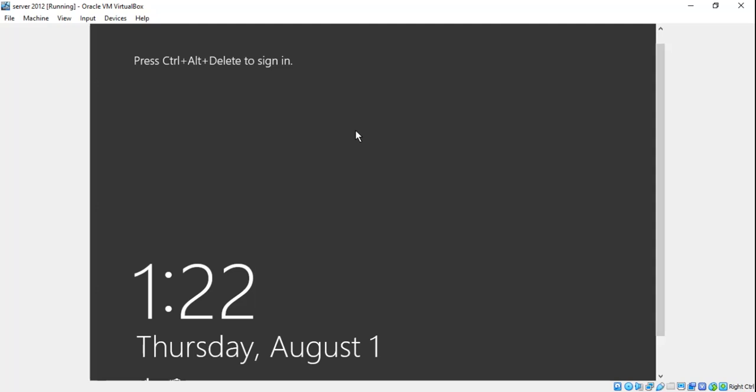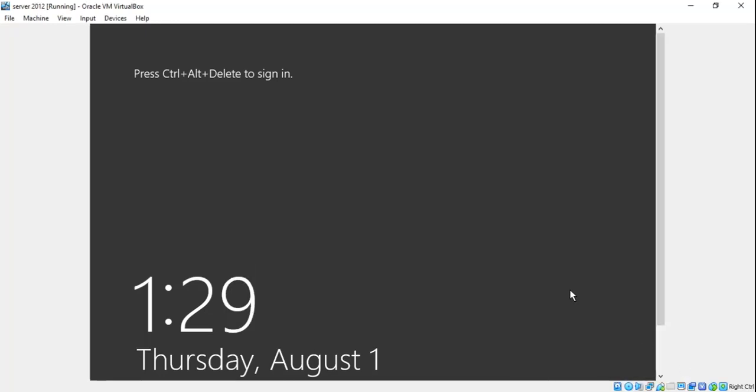Press Ctrl Alt Delete to sign in. Ctrl Alt Delete is not working. Actually, it's not taking input from my keyboard.